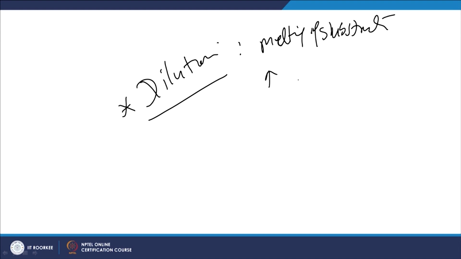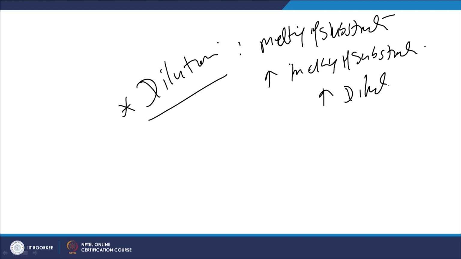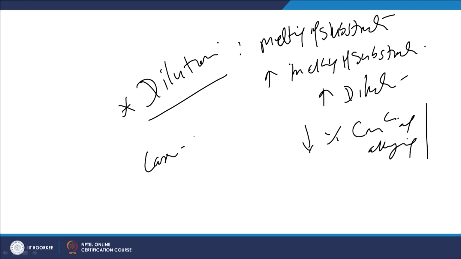The greater the melting of the substrate, the greater will be the dilution. Means there will be reduction in the percentage or the concentration of the alloying elements. That is why efforts are always made to reduce the dilution level. So, in case of laser alloying, maybe 10 to 15% is the kind of dilution which is observed,